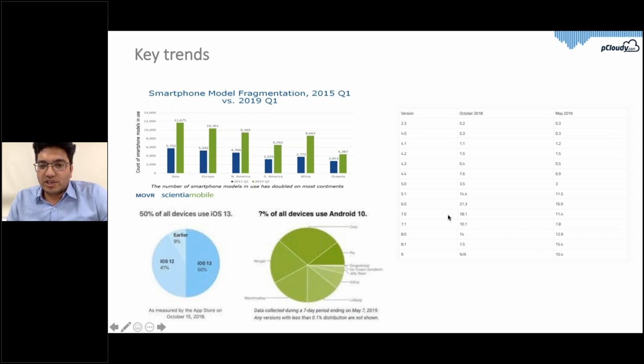On the right side table, you can see if you have to have a decent coverage of around 50%, you'll have to plan testing of at least last 5 versions, starting from 5.1 to latest 9, and the data for 10 is still not available, has not been released by Google yet. For iOS, it's quite better. You need to focus on last 2 versions,